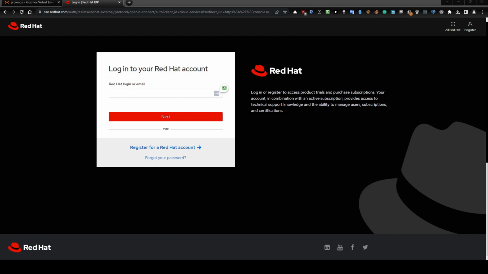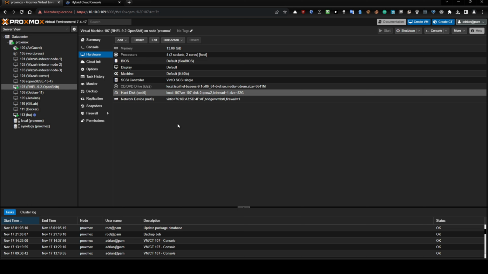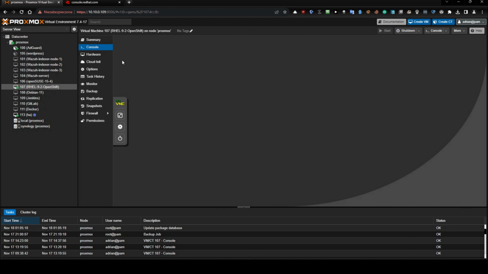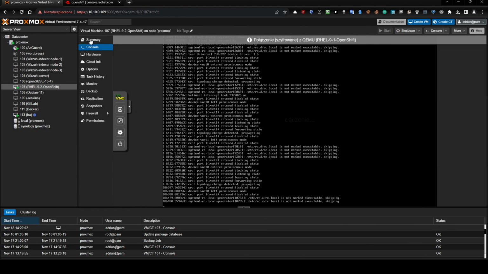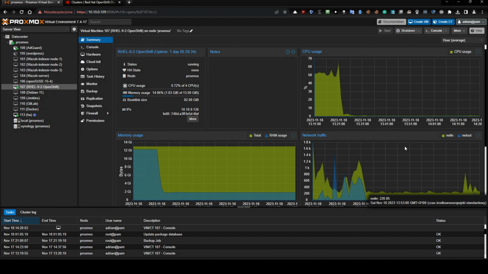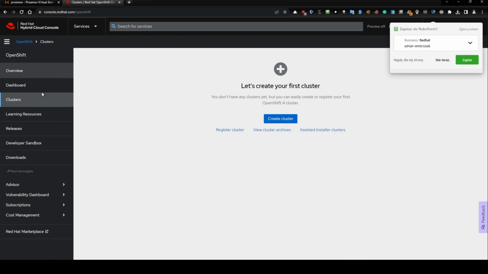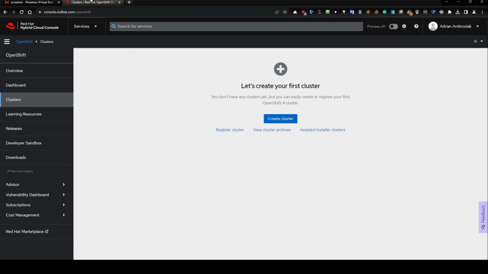Okay, so I will log in, just because I already have an account. So I will put in my login and my password here. And in the meantime, I will switch to Proxmox because I would like to show you one simple thing. The console is working, and also the summary, because here you can see a lot of entries, and in the summary you have CPU usage, memory usage and network traffic, and we will be observing this in a moment. And now you have a console.redhat.com/openshift window opened,